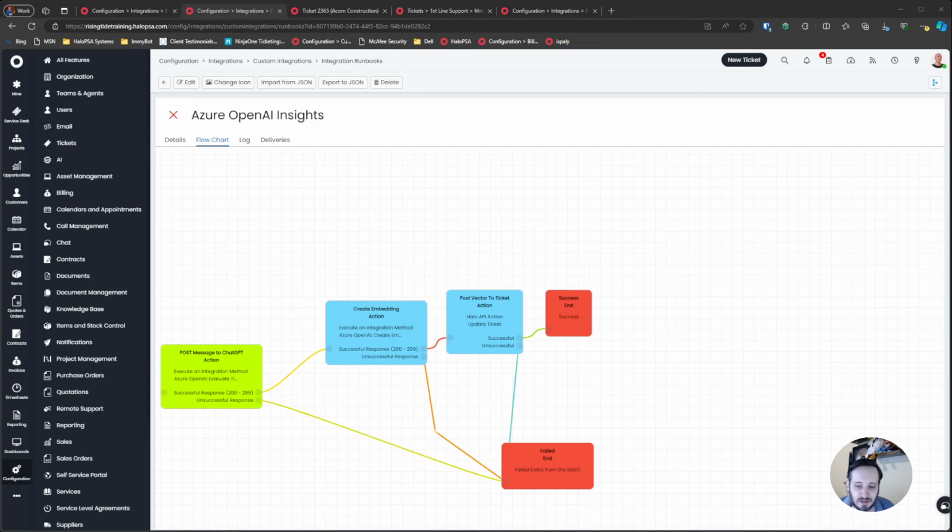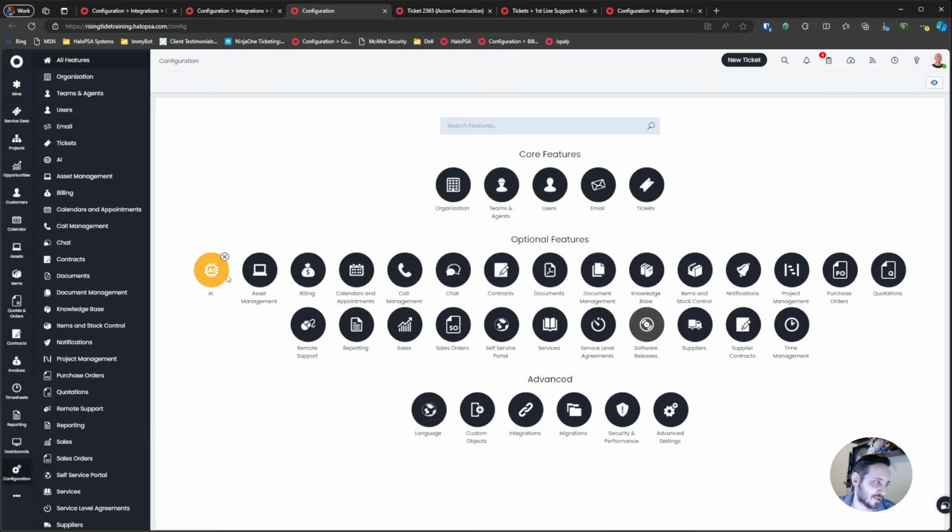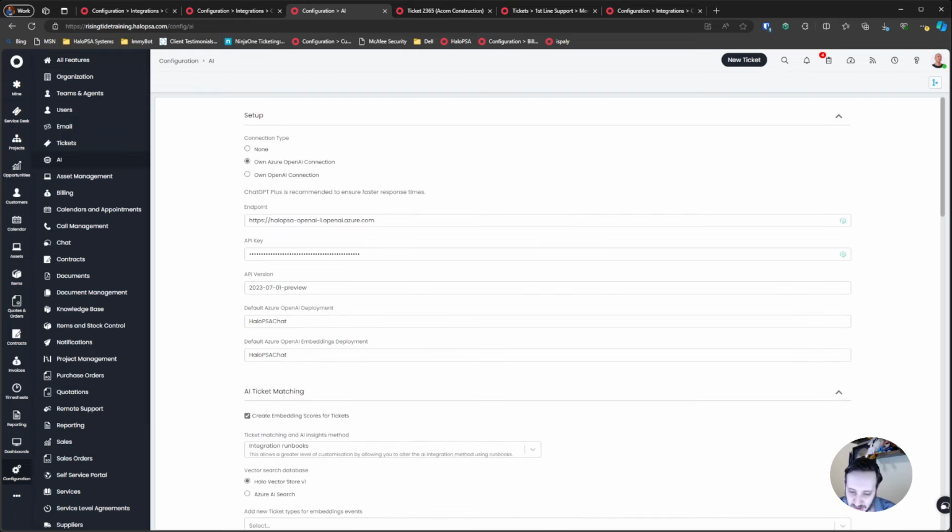actually going to build a quick AI on my Azure, and I'm going to update the one I'm using here to use that. So give me 1 second. And we're going to change our AI integration so that we can use the embeddings correctly, because I think that makes the most sense to show you what's going on. All right, so